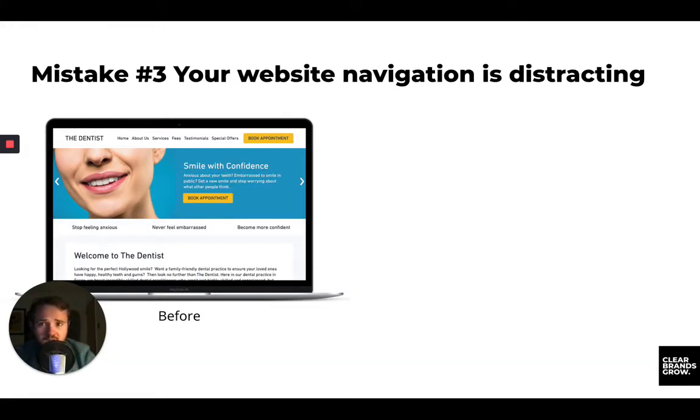Mistake number 3. Your website navigation is distracting. We've already covered the importance of a clear call to action, and this mistake basically distracts people from that call to action. So if you've got a clear call to action that tells people how to do business with you, why would you then give them a bunch of links that drive them away from clicking on that call to action? You see this in the navigation of a website, where people have lots of pages on their website